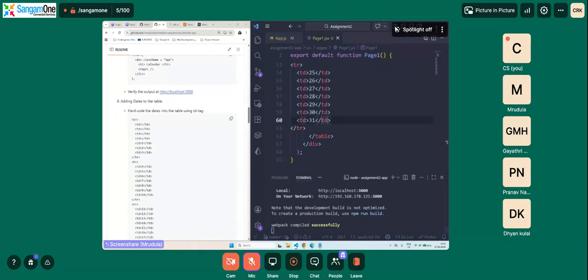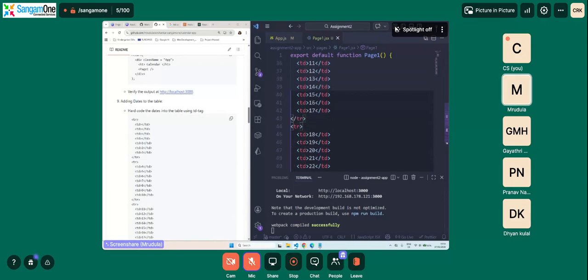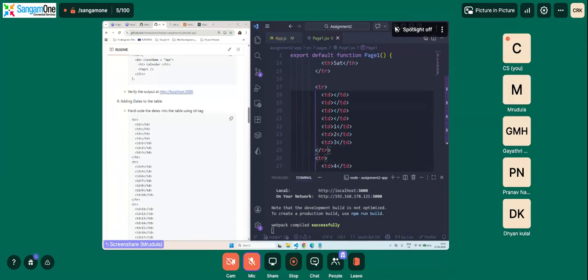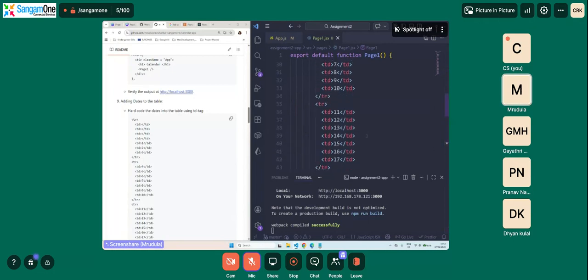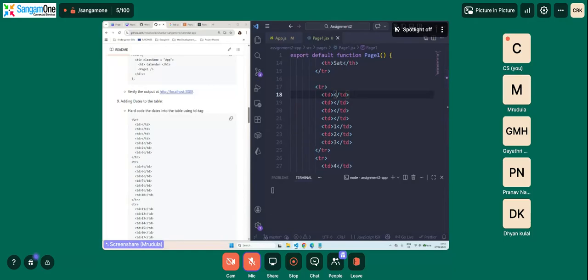I'm just formatting it. Just don't worry about formatting. I'm just doing it so that we can understand it better. Okay. So here starts one. Okay. Let's see what is getting displayed here.